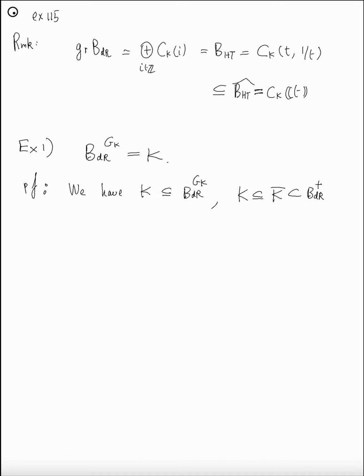So this is a ring map. There is an injective ring map from K bar to B_dR plus. And this is G_K equivariant, and so in particular there is a ring isomorphic to K that is in the fixed point of G_K. Now to prove the equality,